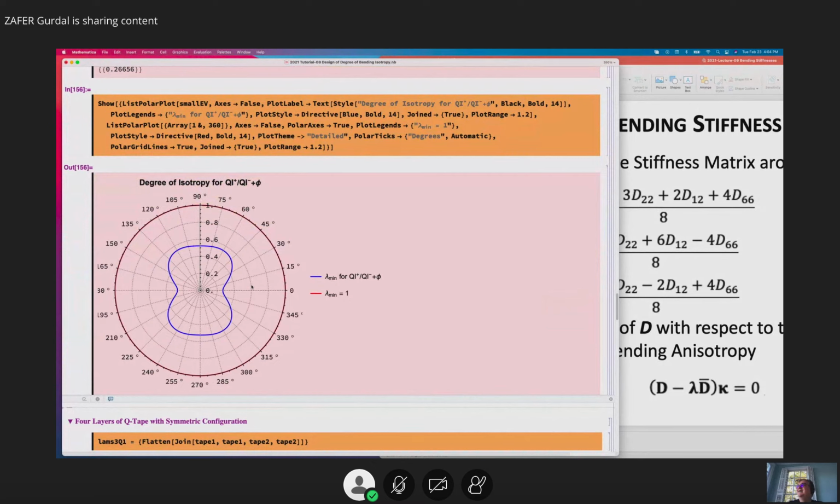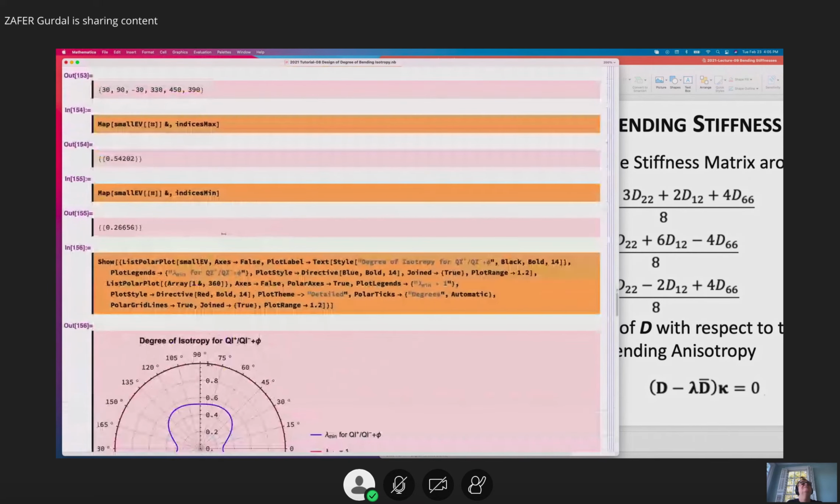For Q plus slash Q minus plus phi, where phi is changing from 0 to 360, the degree of anisotropy was 0.26 for this layup, and it reaches a value of 0.5 something for either this value here or this value here or this value here somewhere, and that value is 0.54